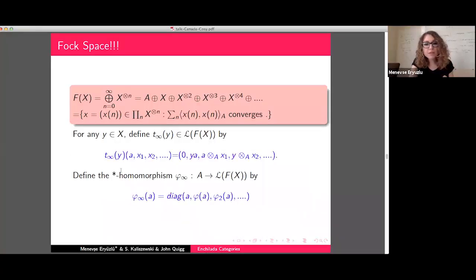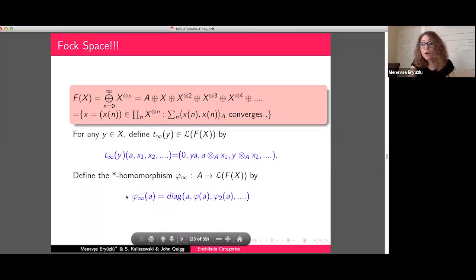Now, let's come to the Fock space. Fock space is just a direct sum of all these x to the n's. What Katsura does is define a representation for this C-star correspondence x. We need a linear map and a star homomorphism. Here is how our linear map is defined. All the elements of Fock space are going to look like that. Really, all we are doing here is taking this and tensoring with each summand. This should be y; there's a typo here.